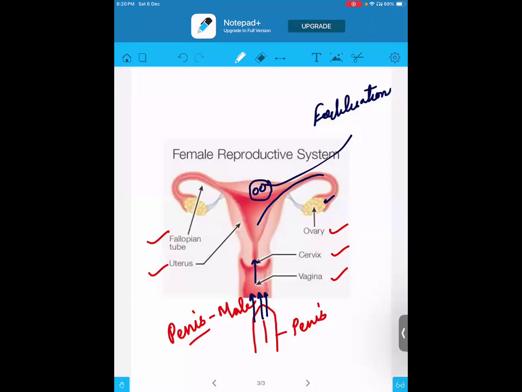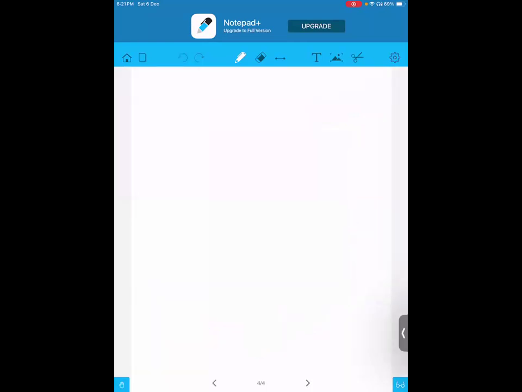And in the ovary, the eggs will be there. That particular one egg goes to the center part of the female reproductive system called the fallopian tube. And in the fallopian tube, both the male gamete and female gamete, which are the sperm and the egg, fuse. It is not important that every time the male and female gametes have to fuse. Sometimes they do not fuse because the position of both of them may be different. Because of that reason, the female will get the menstrual cycle. So the menstrual cycle also we will be discussing.